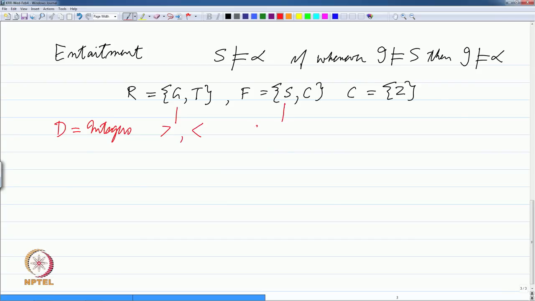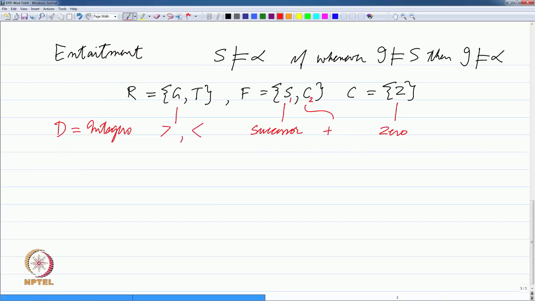And I could say that S is a successor, which is equivalent to plus 1, and I could say that C stands for plus. So, C is a function of two arguments, plus, so this is of arity 2, and S is of arity 1, and I could say that Z stands for 0. So, I have defined a language and a domain of integers, and I can make statements about some number being less than or greater than another number, and depending on what statements I am making, those things may be true or they may be false.